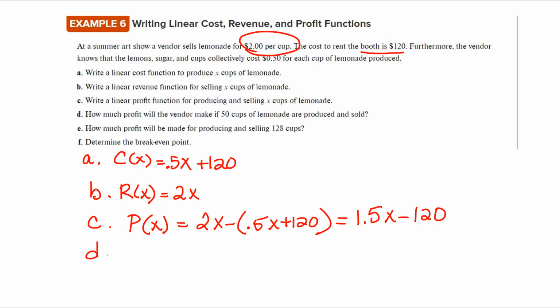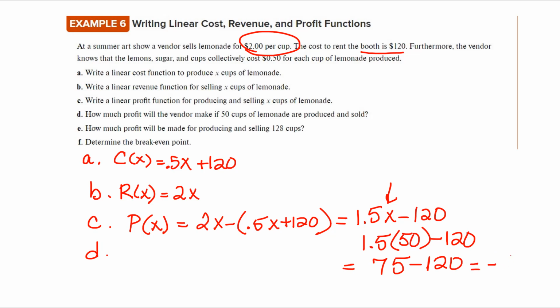Part D, how much profit will the vendor make if 50 cups of lemonade are produced and sold? So the profit function, I'm going to put that 50 cups in there for X. So 1.5 times 50 cups of lemonade minus 120. That's just going to be 75 minus 120. And that is actually going to be negative $45,